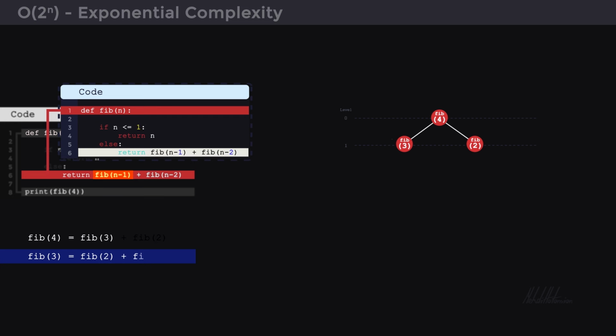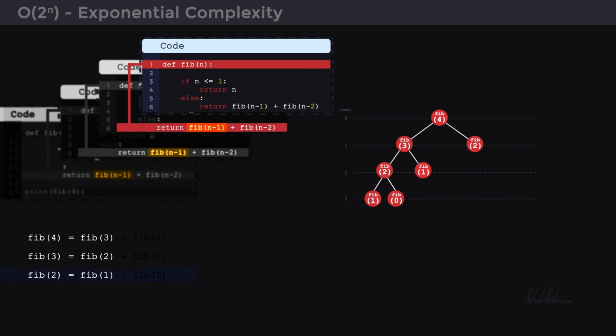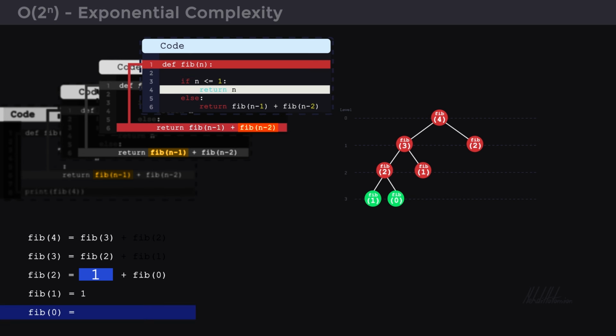Therefore, Fibonacci of 3 is the sum of Fibonacci of 2 and Fibonacci of 1. For Fibonacci of 3, we need Fibonacci of 2. To calculate Fibonacci of 2, we need Fibonacci of 1 and Fibonacci of 0. Finally, Fibonacci of 1 and Fibonacci of 0 will return 1 and 0. As we can see, the base case is reached, and now we can calculate the Fibonacci values for all the